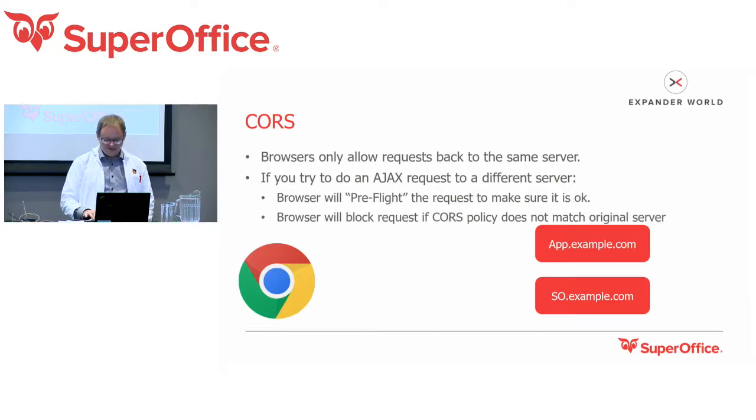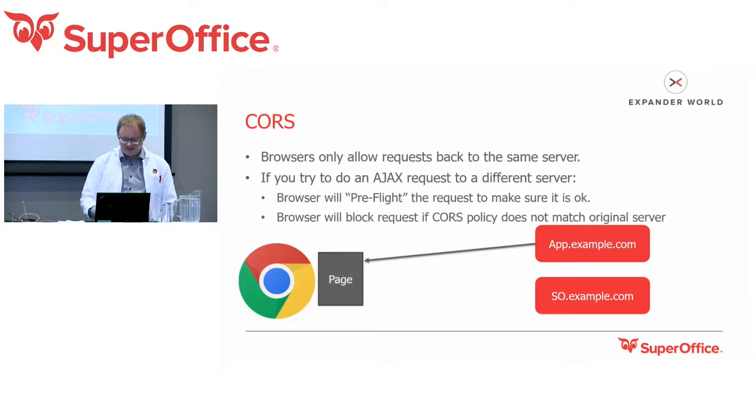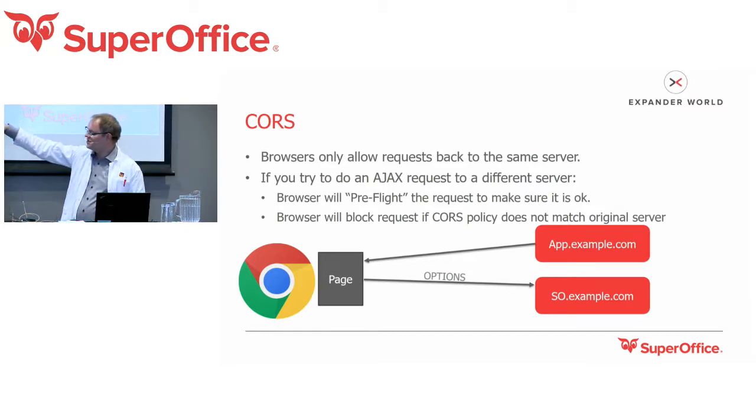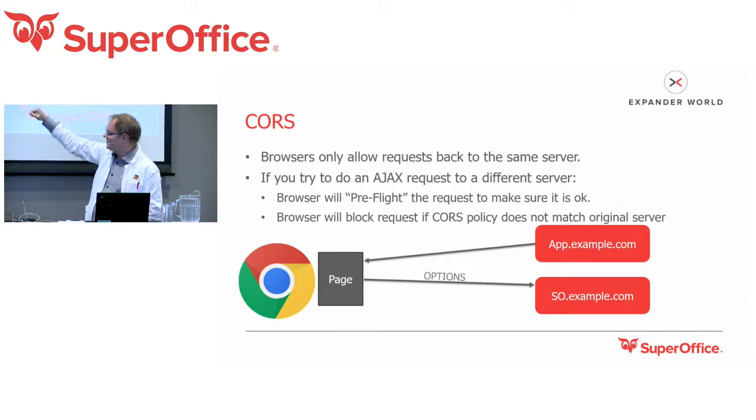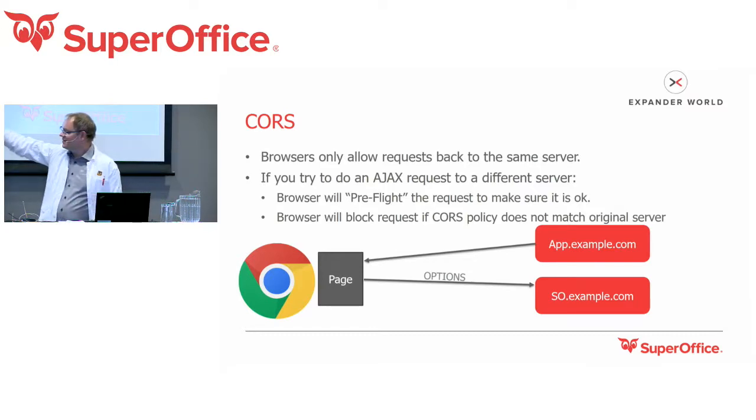So you download a web page from, in this case, app.example.com, and the browser will say, okay, great, you can talk back to your own server, and you cannot talk to other servers unless they allow you. So before the JavaScript on that page, which is downloaded from app, can call SuperOffice, SO, which is a different host name, before it's allowed to do an AJAX call there, the browser